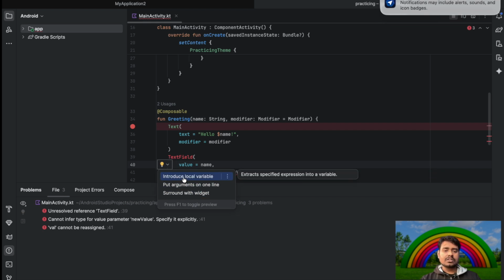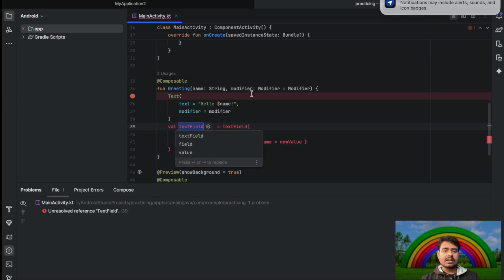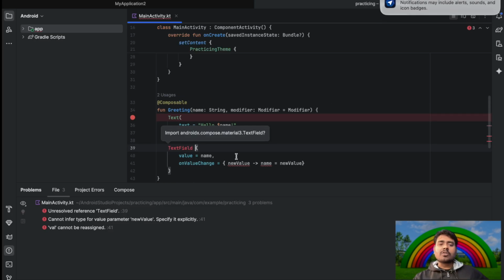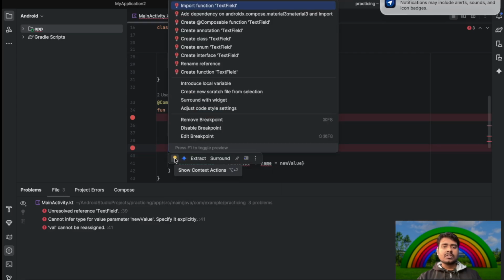Let's consider that it said introduce a local variable. Okay, if I do it that way, you can see that nothing happened. Yeah, as you can see, there's another value like val text field. Okay, just back. As you can see, we are getting some issues. This kind of problem you might face all the time, I will not lie. Okay. So sometimes because of imports it can cause some issue. But you can always see the yellow line, and it will tell you what to do. But import functions,